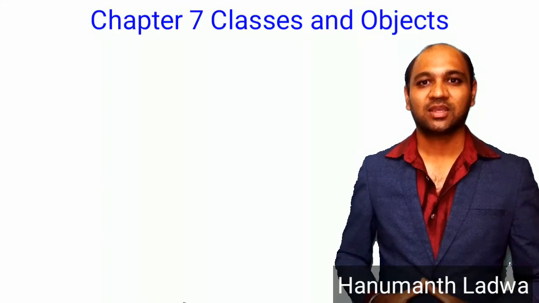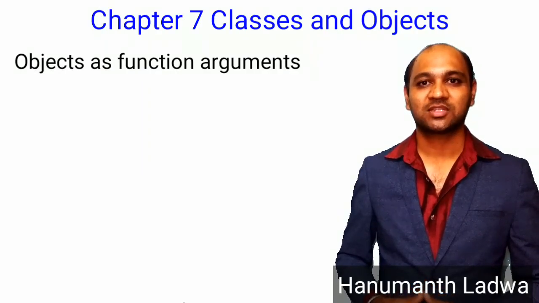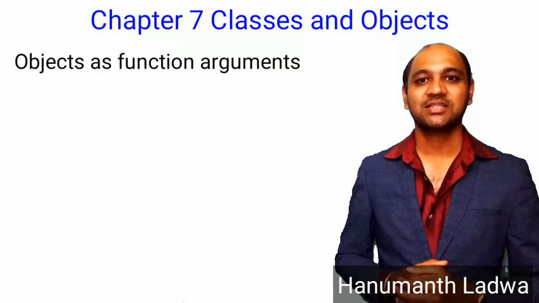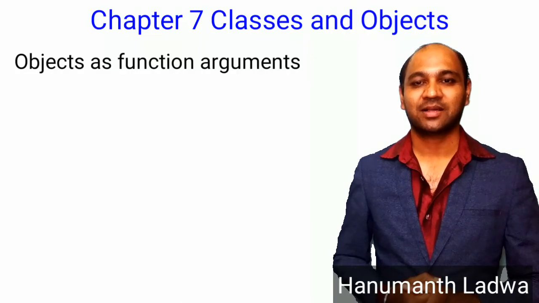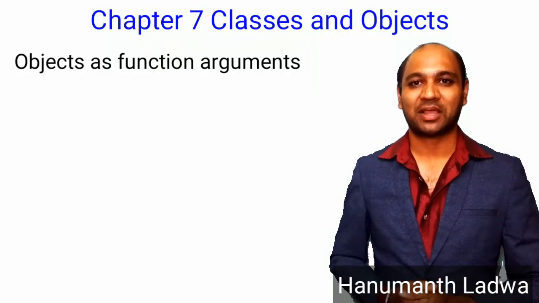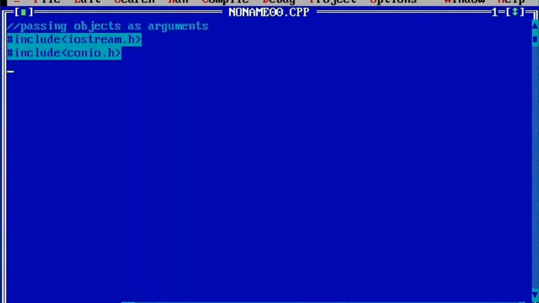Now we'll continue with objects as function arguments. So we can pass objects as arguments to the functions. Let us see an example. For that again I'm going to take you to my laptop screen. Here you can see I've written in a single line comment passing objects as arguments, #include <iostream.h>, #include <conio.h>. Now we'll write class